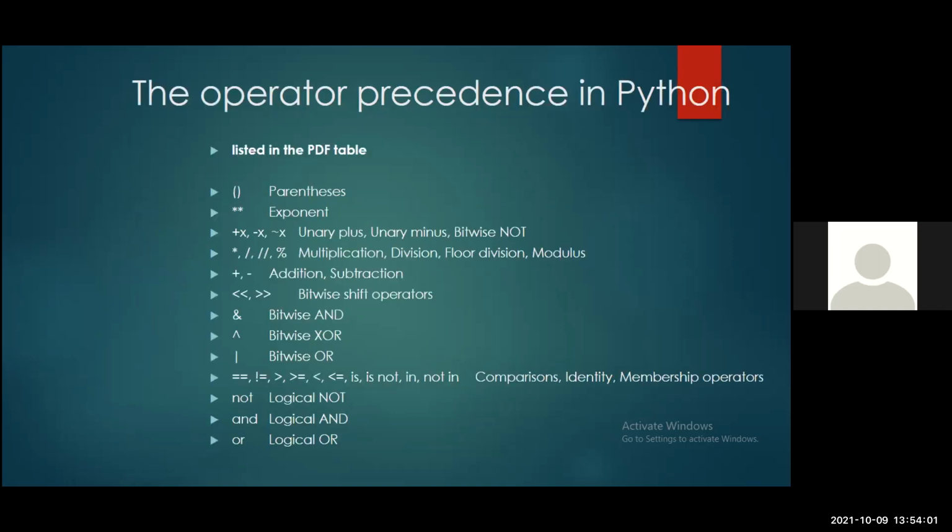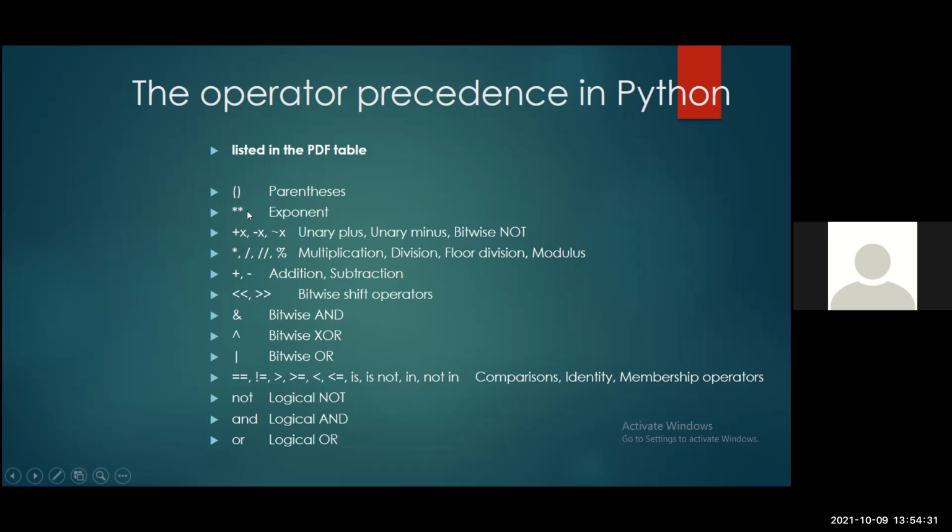So there are different kinds of precedence in Python. We have a number of them listed in this table. So for instance, the same way we say bracket, parenthesis comes first with the highest precedence. So for whatever expression you are trying to solve, the computer understands that the parenthesis, the bracket, should first go in to be computed. And then it figures out if there is any other one.